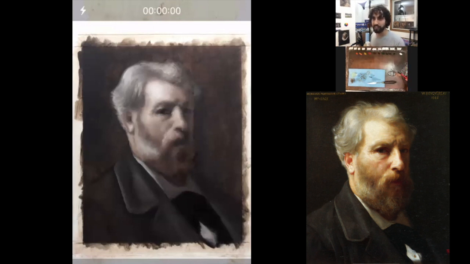I personally don't like zinc white, but any white that you want. I have ivory black. I have burnt umber. I have raw umber, viridian green, alizarin crimson, burnt sienna, Venetian red, yellow ochre, cadmium red light, and this orange